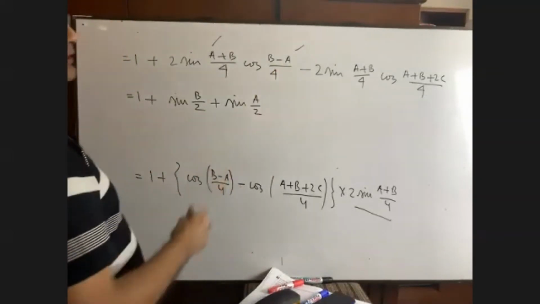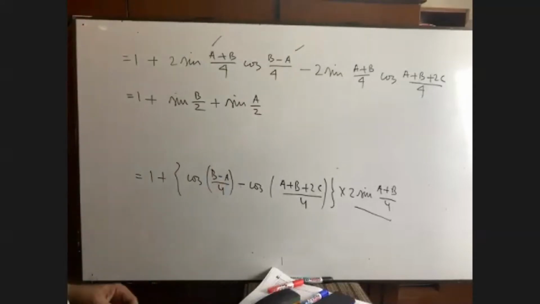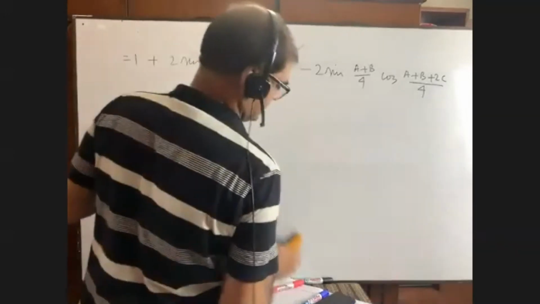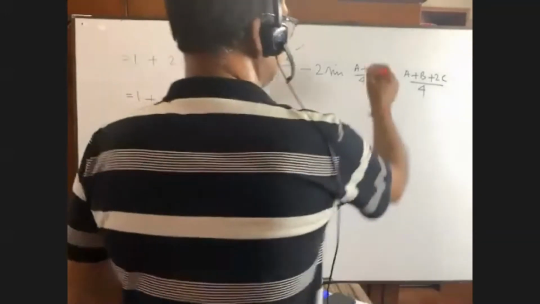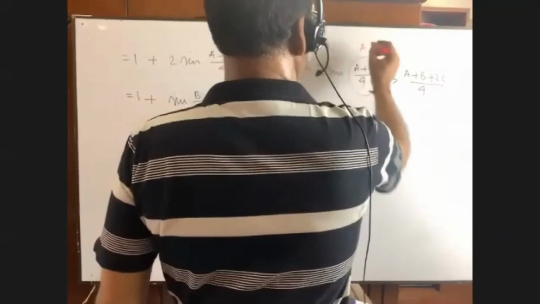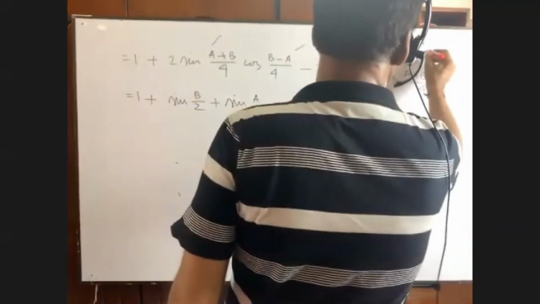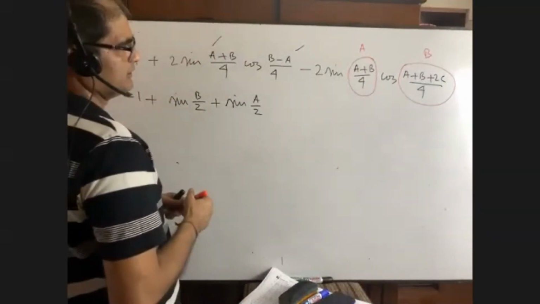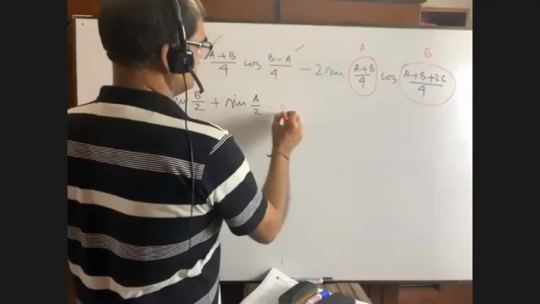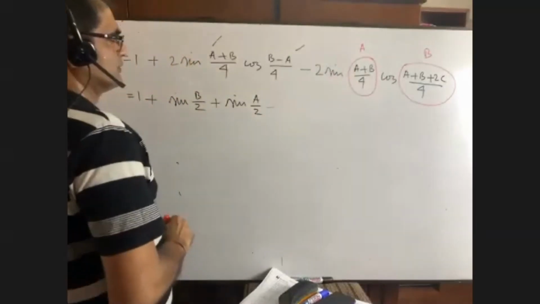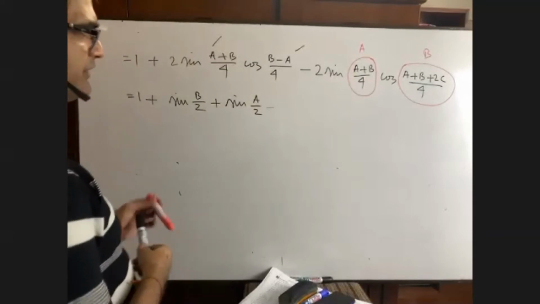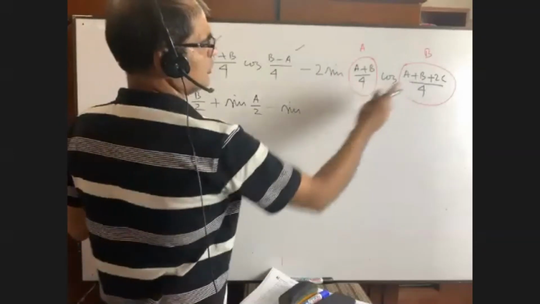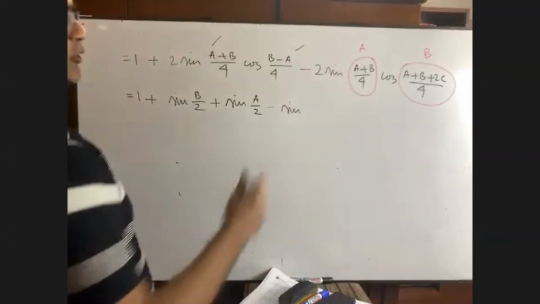Now just let me know the last part. What can be written? 2 sin A cos B. You please try to understand. This whole part will be considered as A, and this whole part will be considered as B. Now please let me know the formula. 2 sin A cos B again, same formula. So sine of (A plus B).